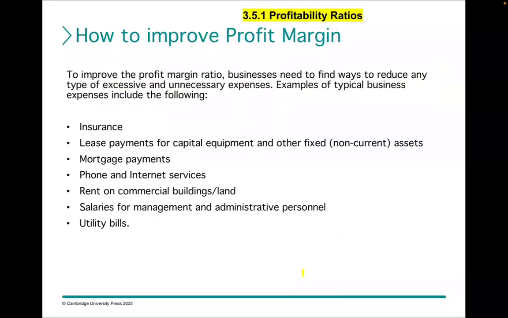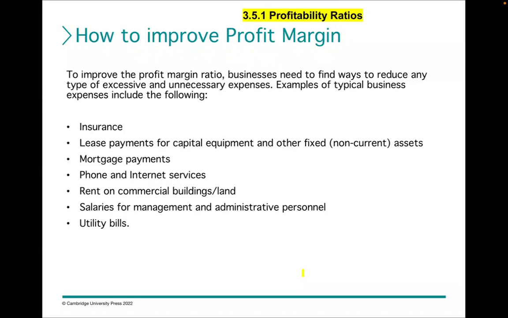How to improve the profit margin ratio. So businesses need to find ways to reduce any type of excessive and unnecessary expenses. The main difference between gross profit margin and profit margin is the expenses. So we're looking to reduce it. Examples include